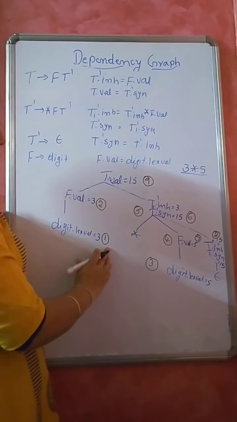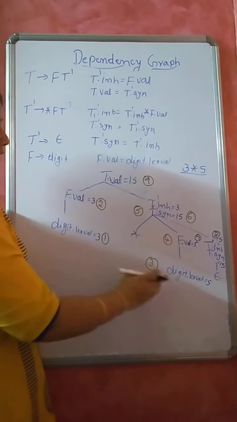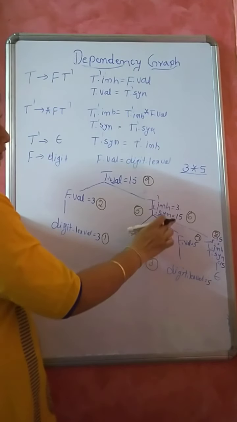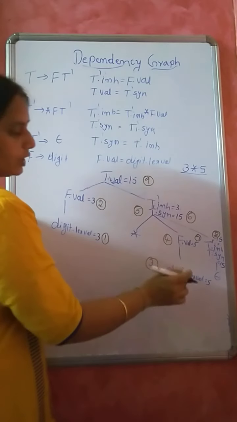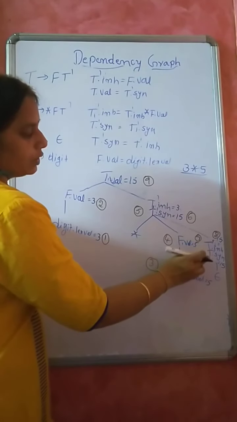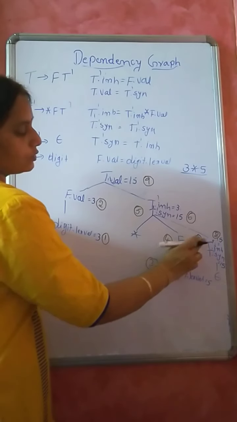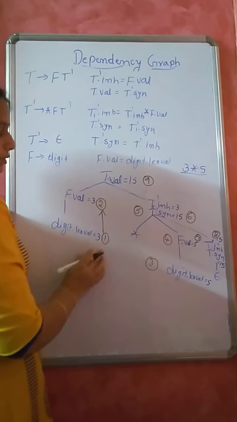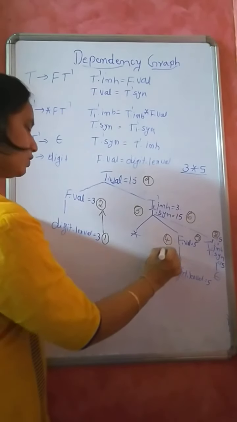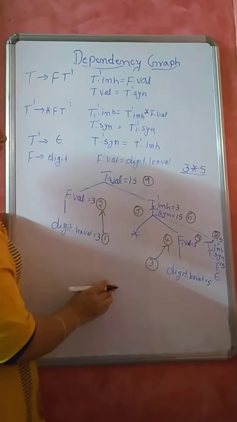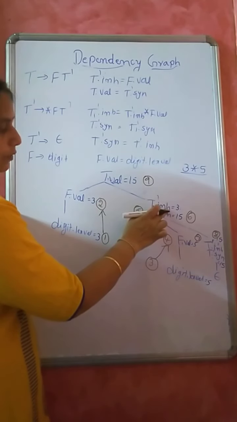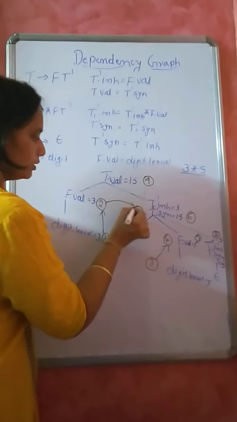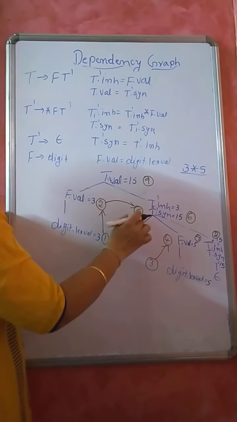So for this 1, 2, any number you can give 2, and for this 3, for this 4, and here 2 attributes are associated with this t dash. So 5 and 6. Here also for this t dash 2 attributes are associated. So 7 and 8. Now this depends on this. Therefore this will come. And this depends on this. Therefore I will have one edge. And here what is your inherited value? It is nothing but f dot value. Therefore I am taking the value from this. 3 is transferred to here, no?